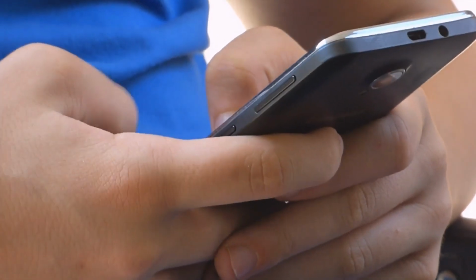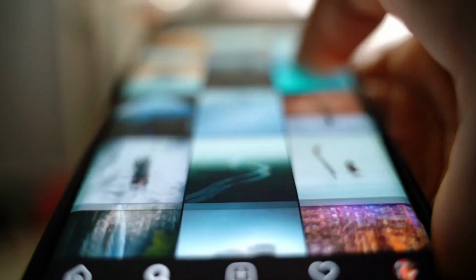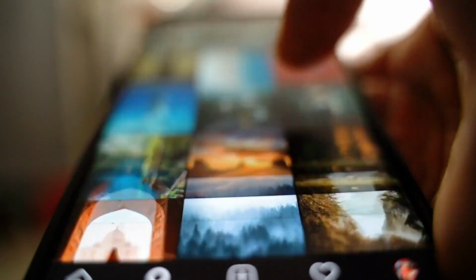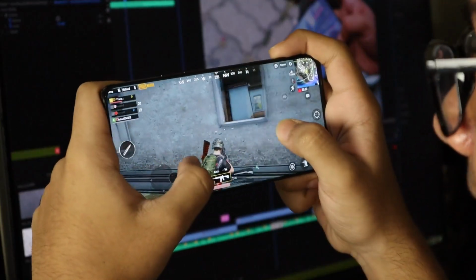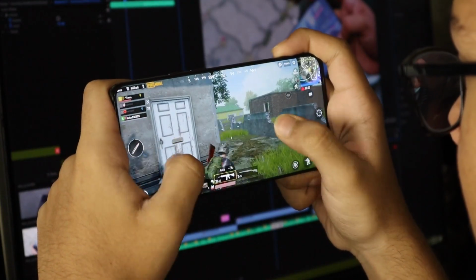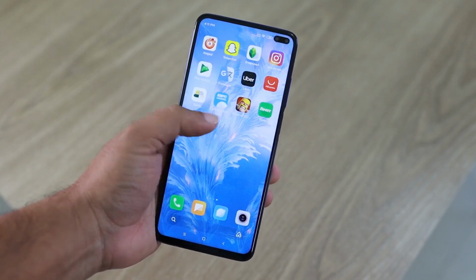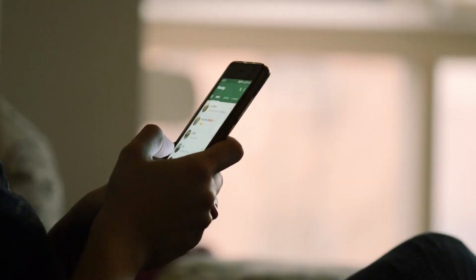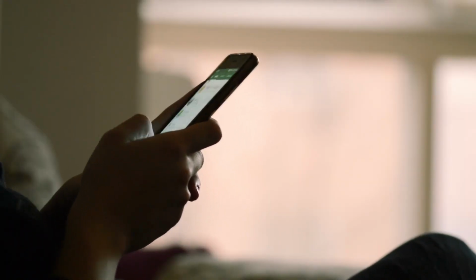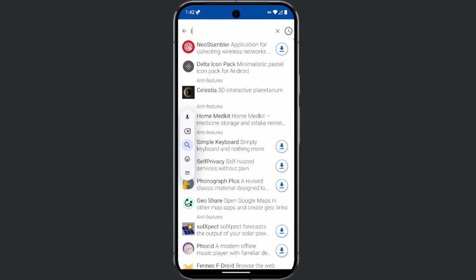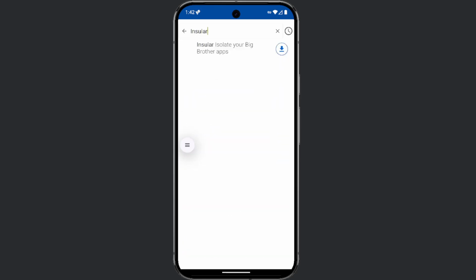If you don't want to have two phones, one for work, another for personal use, but still want to separate your personal and professional life, the Insular app can help you solve this problem. Insular allows you to create a work profile on your phone that is completely isolated from the rest of the